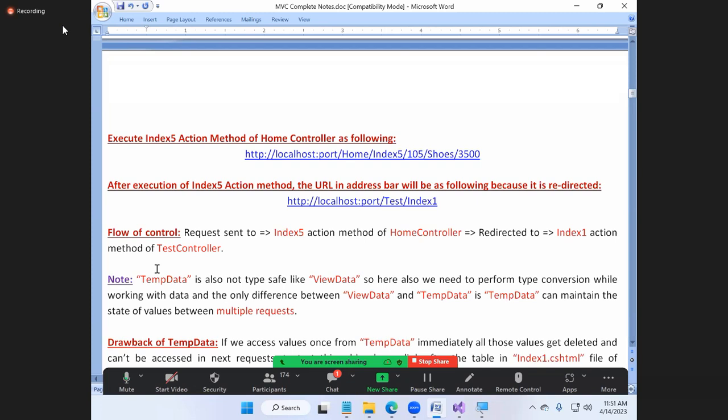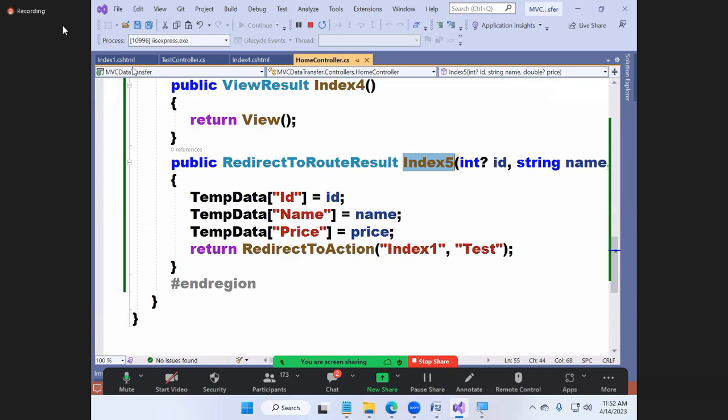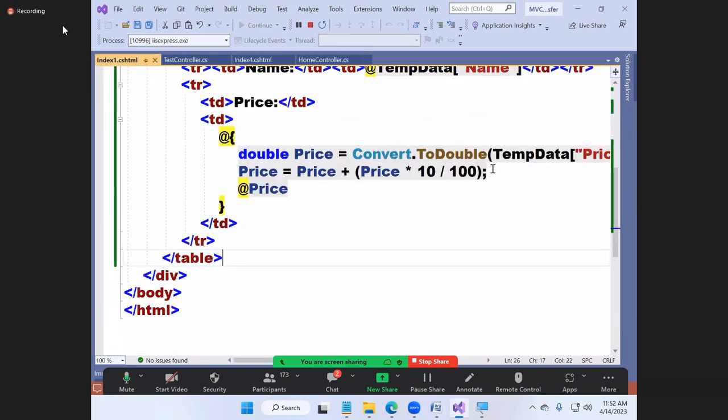Guys, is ViewData type safe? ViewBag? Yes, ViewBag is type safe. TempData? No. TempData is also not type safe. That's why, see, in our view, we performed a conversion.